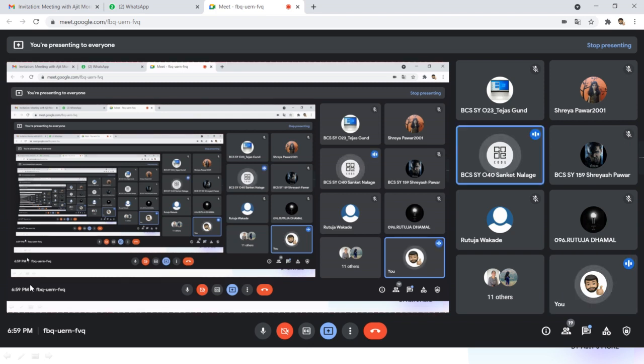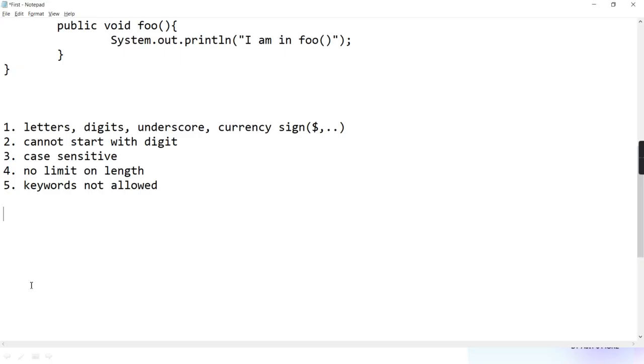Yes or no? Are you going to create a variable? For example, you want to create a variable for salary. So you are going to write like my_first_2021_month_Jan_salary. Such a big name you are not going to create. Small and meaningful. But Java doesn't have any limit on the length. Getting? So don't confuse with it. That may be the rule in some other cases, like in SQL or something. Java says there is no limit on length.